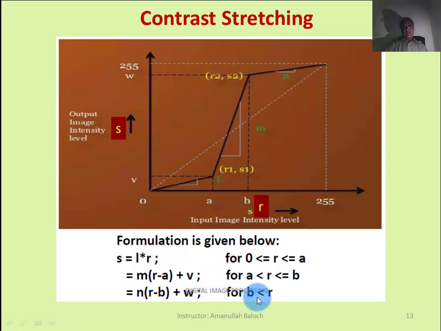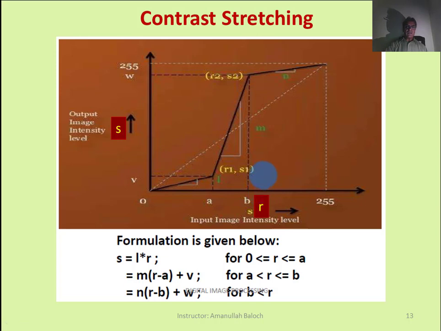And if the pixel value of R is greater than B and less than or equal to 255, that is this range, then we will subtract the pixel value from B. Let's suppose B is 180, and here the R value is 200 or 210.